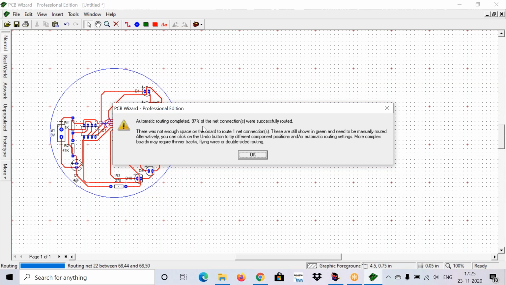And one more point, if you auto route a simple circuit, nothing but a simple fire alarm or an astable multivibrator circuit, it will give you 100% output without any jumpers. Auto routing should be used only for finding the possibilities. I will explain it. I'll just close the warning message.